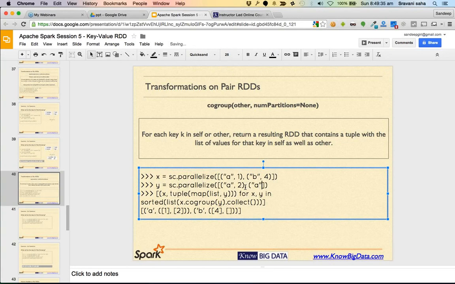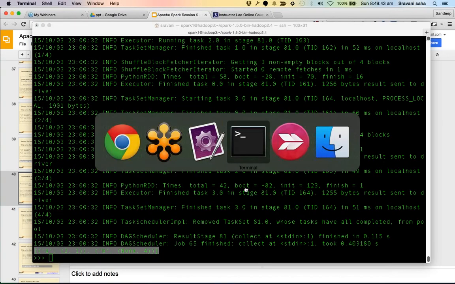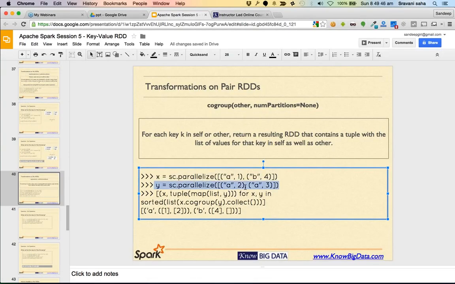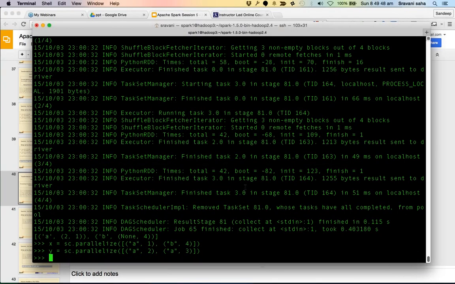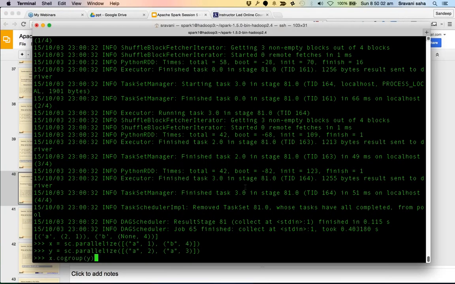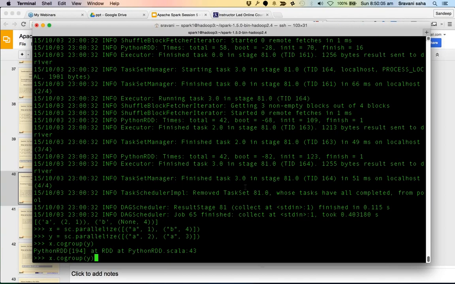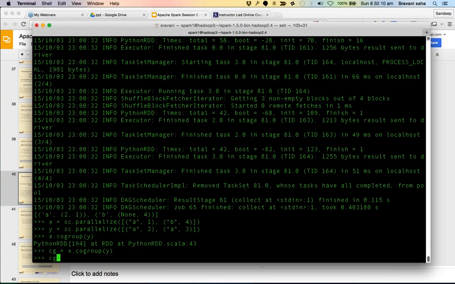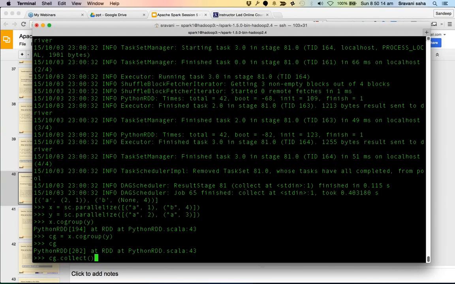Let's create one more thing called A3 and then try to see whether this works or not. So we have X, you have Y, okay? X is A1, B4, and Y is only A2 and B3, okay? And what you can do is you can say things like X dot co-group, or let's just assign it to another RDD. So CG is an RDD, okay? And you can say collect,